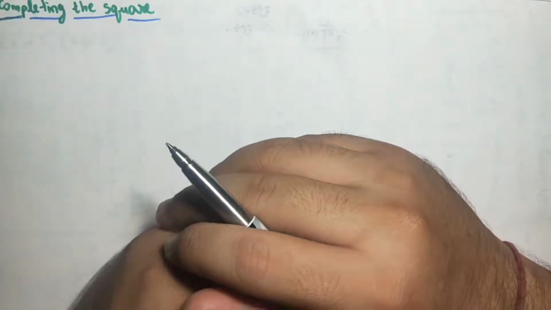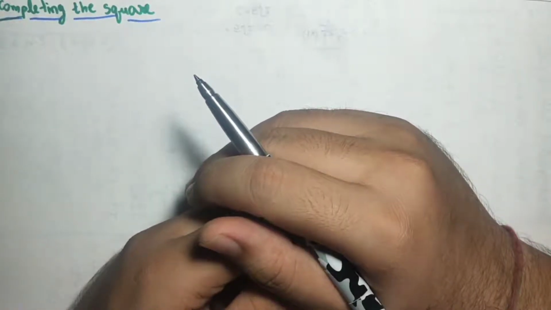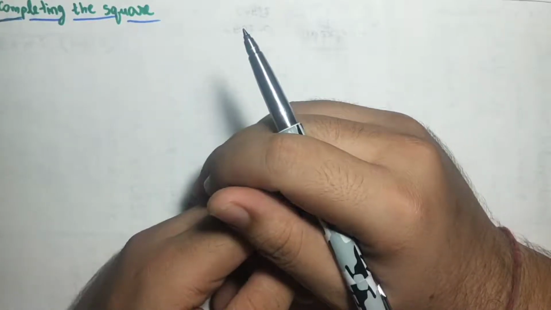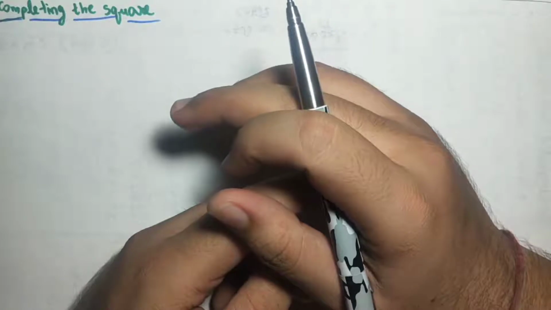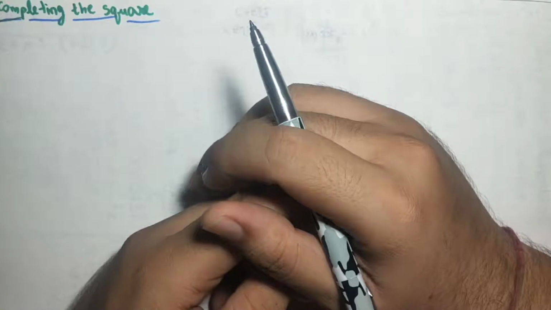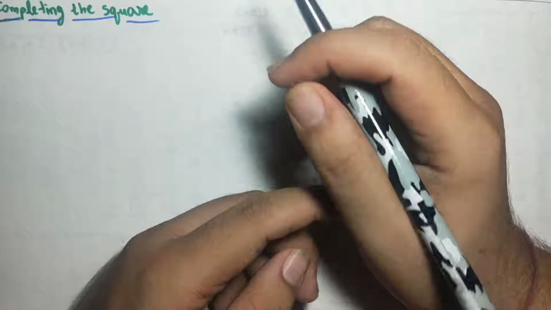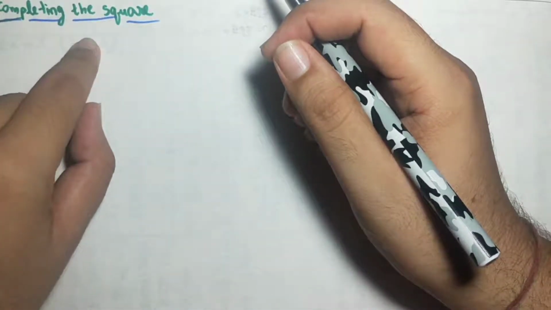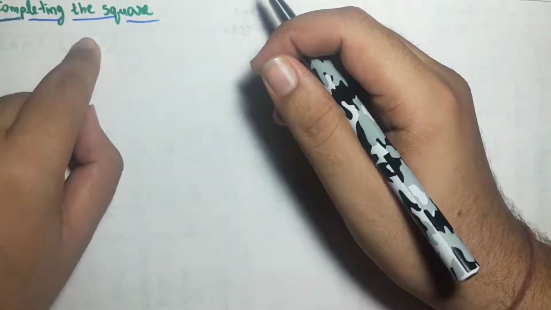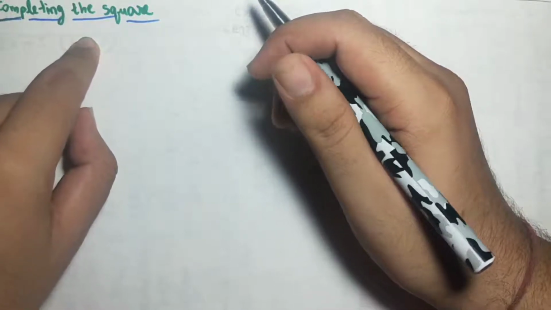Today's topic is solving or finding the roots of quadratic equations using the completing the square method. No doubt, last year, 2019-20, the board said that they will not be specifically asking for this method to solve quadratic equations, but still we should understand this method, as it is important and very easy to understand.